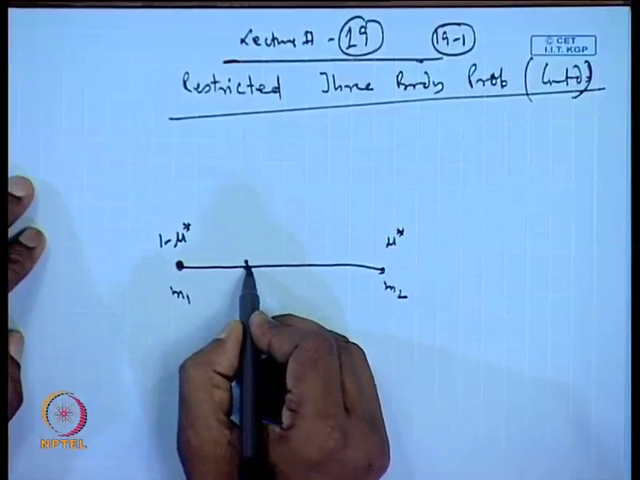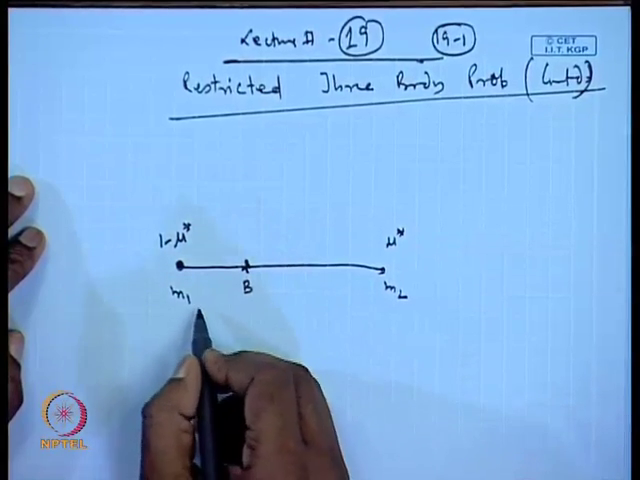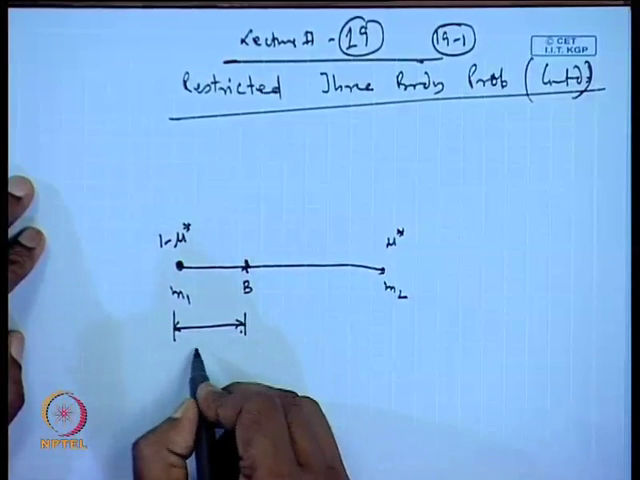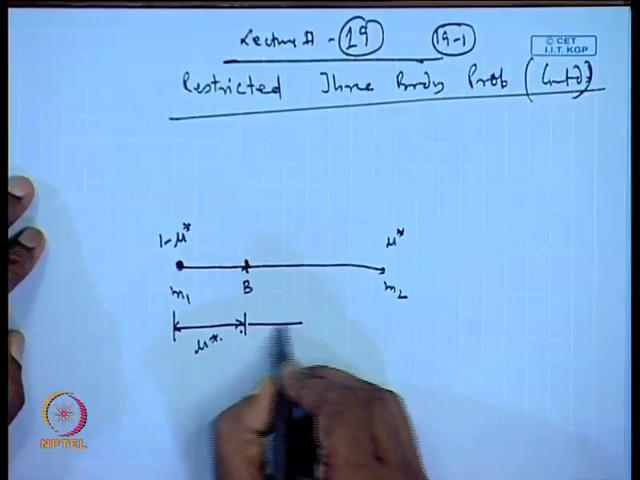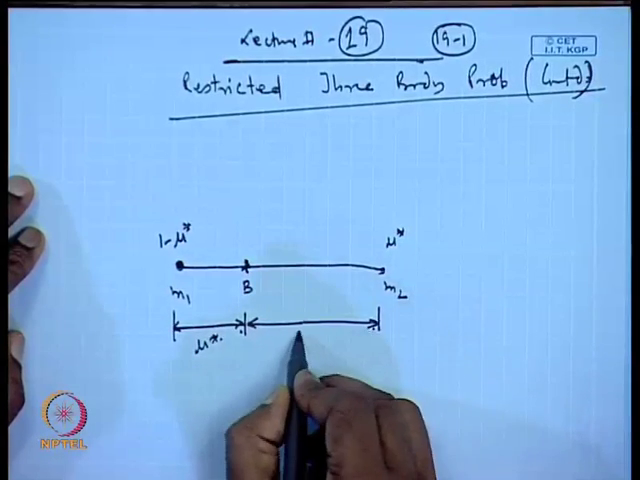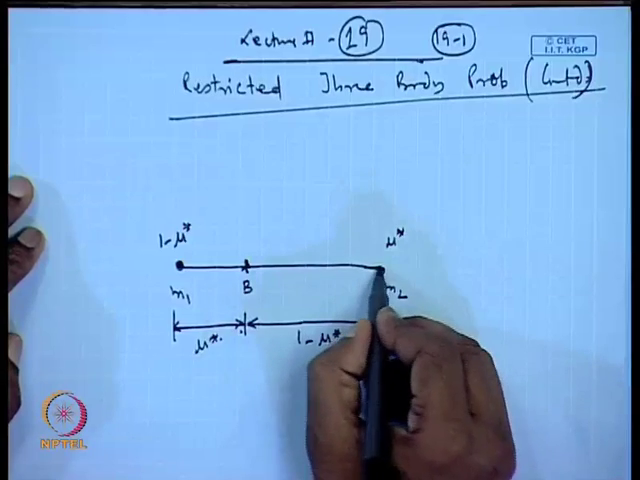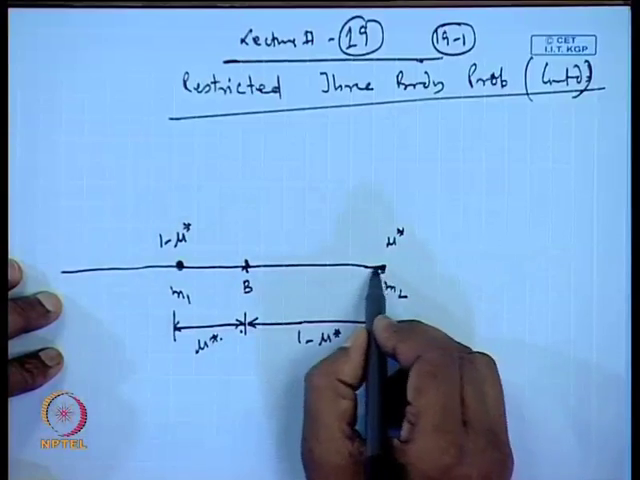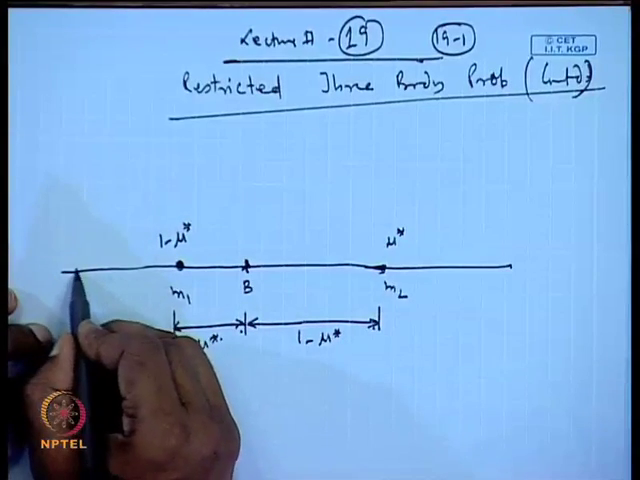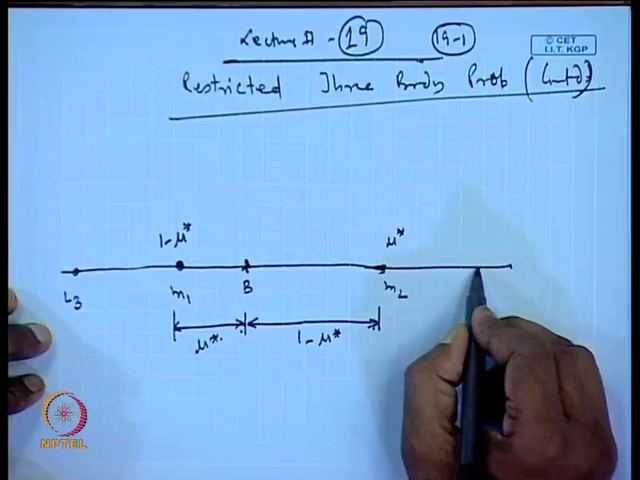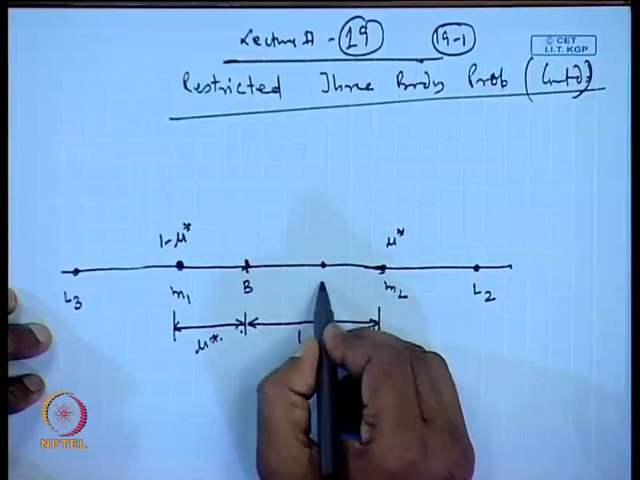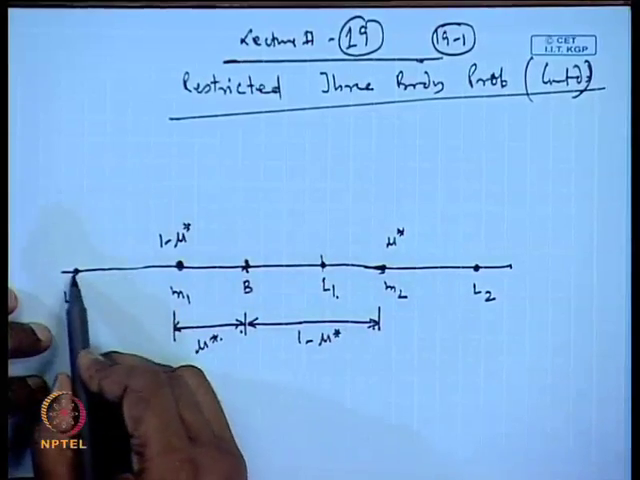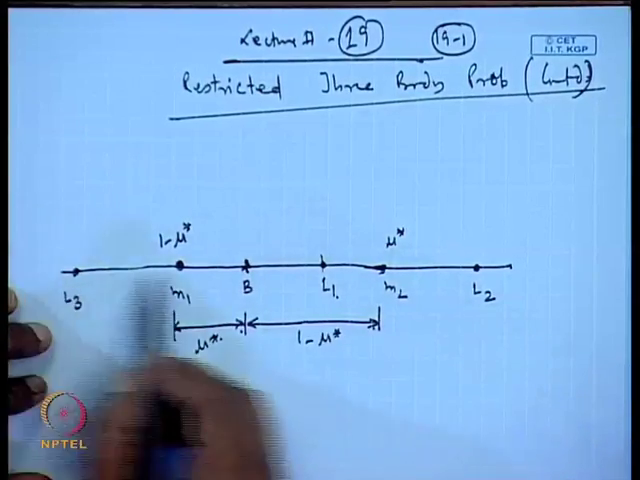The barycenter was shown as B. This distance from here to here is nothing but mu star, and the distance from here to here is 1 minus mu star on the normalized scale. And we took the Lagrangian points on this side as L 3, on this side as L 2, and here we took as L 1. So, these are the three Lagrangian points L 1, L 2 and L 3, which are lying in a